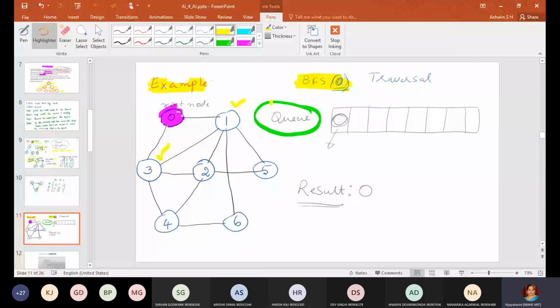Now what you do is you fill the queue with 1 and 3. Actually, what we are doing is entering the second level in the queue. That is the meaning. Now all the 4 steps are over. Next step is you check the queue. 0 I have already taken out, so I'll remove it. 0 has come out because first in, first out.